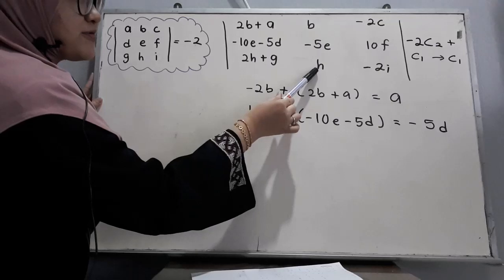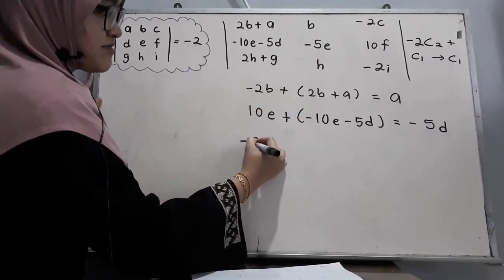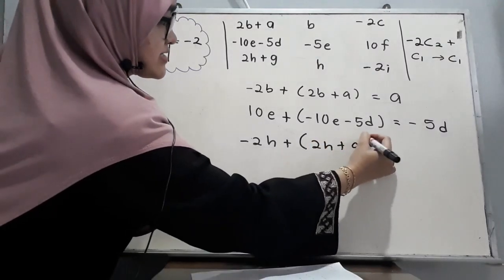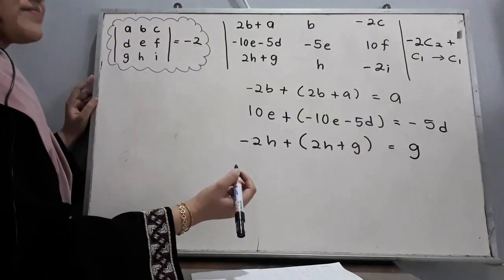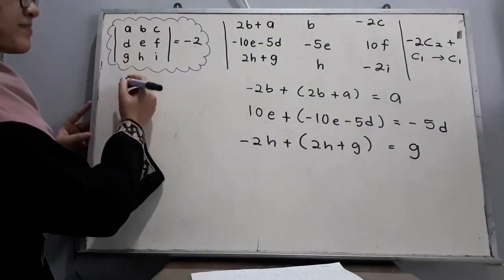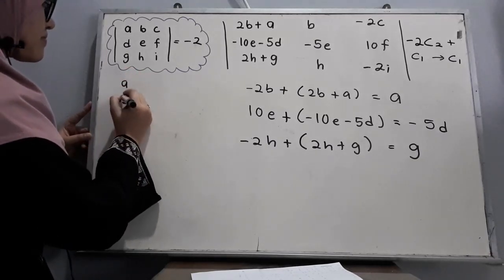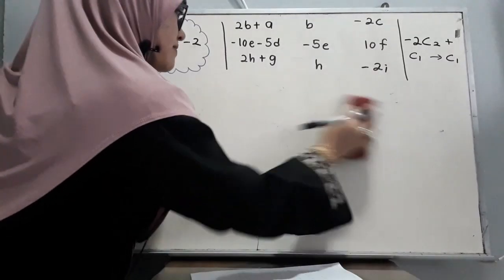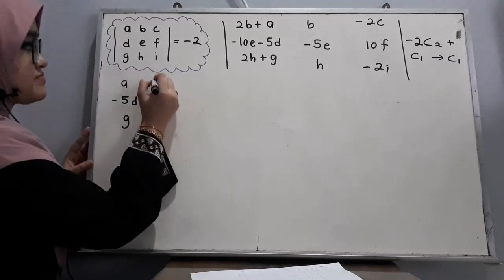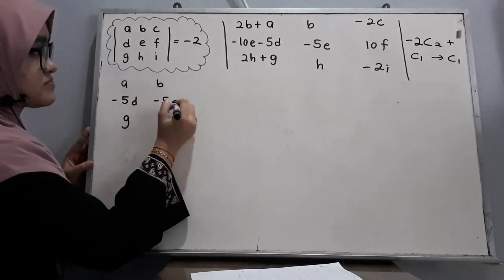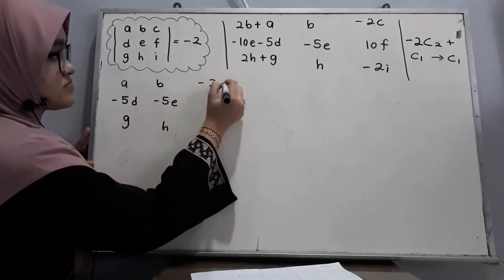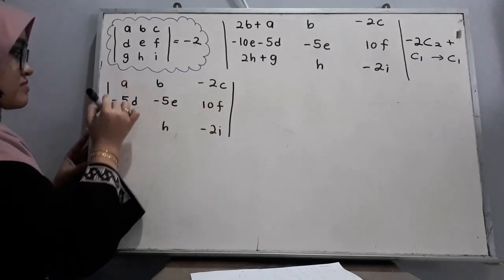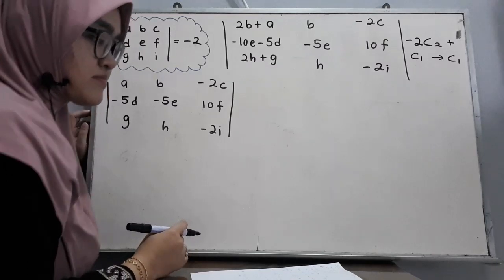Next, -2 multiplied by h, we get -2h plus c1, 2h plus g equal to g. Next,